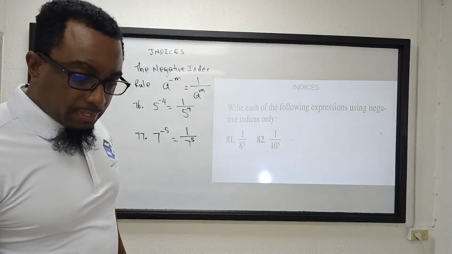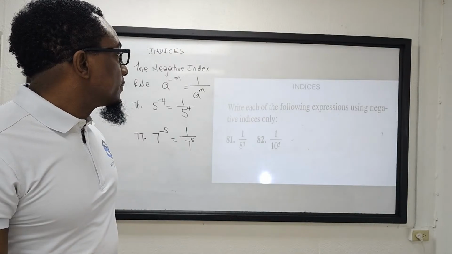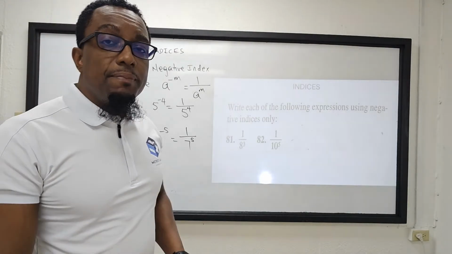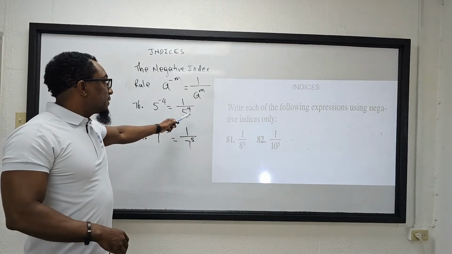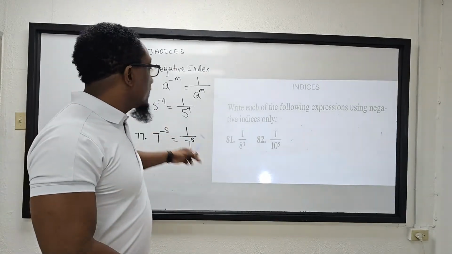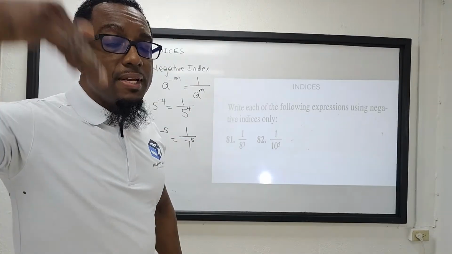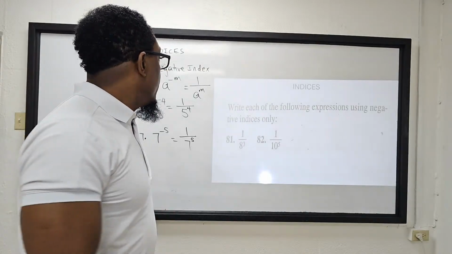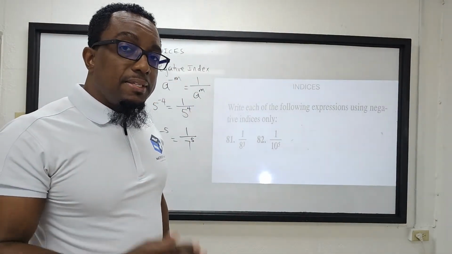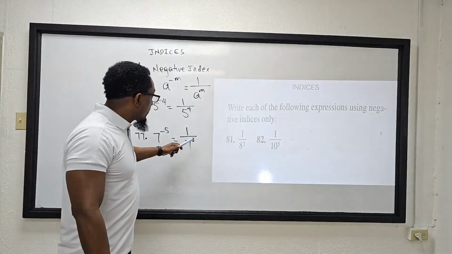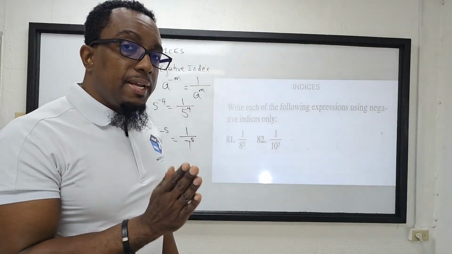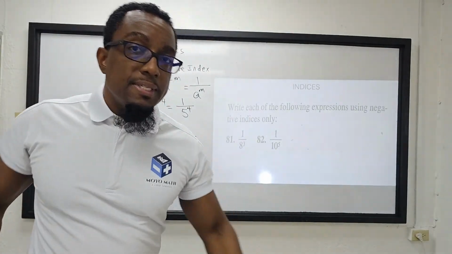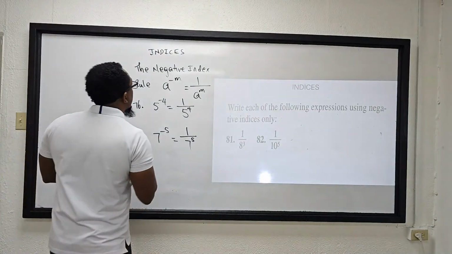Okay, let's look at this time we're moving from a positive index. So doing the reverse. We're moving from positive back to negative. We went from negative to positive, but you can do the reverse as well. Where you can move from the positive index in the denominator to a negative index. You have the reverse action as well. So you have here